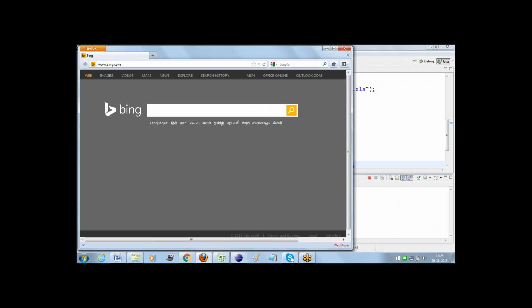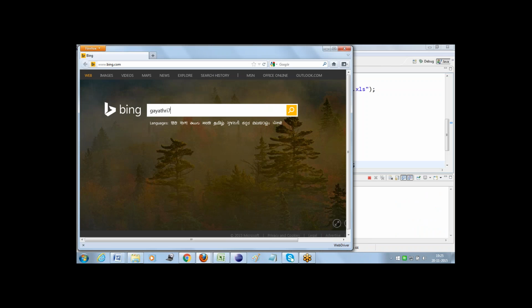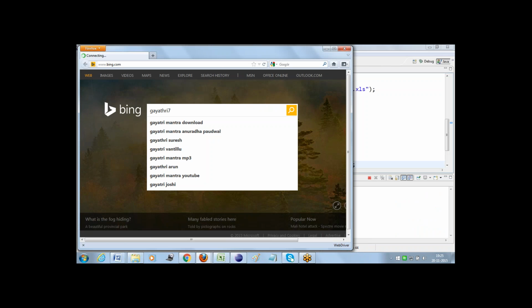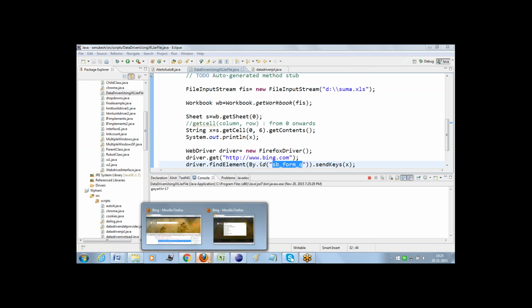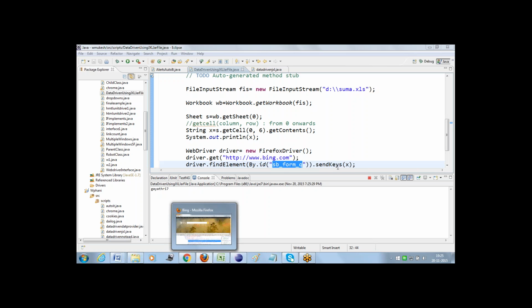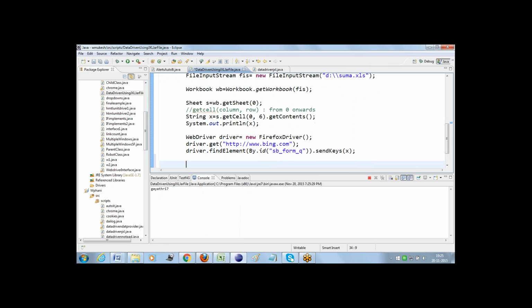It's been executing the script. Gayatri7 got entered over there. That's fine. As of now, it is entering a single cell information. But my requirement is not to enter a single cell information. I would like to enter entire column information